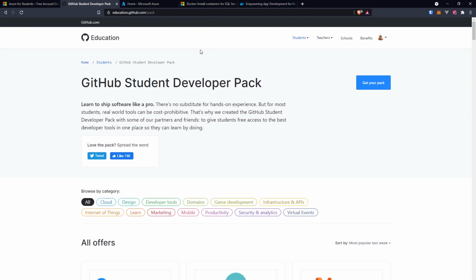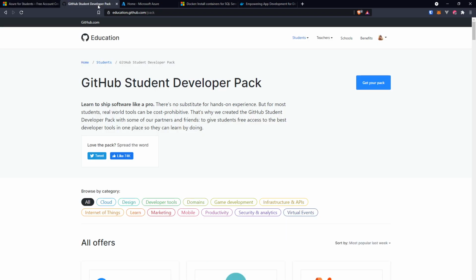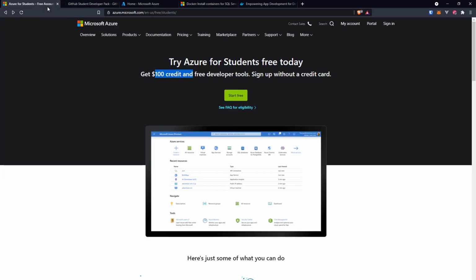If you don't want to go through the trouble of going to education and things like that, well, you can go to Azure directly and try Azure for Students. They give you $100 for developers. I believe it doesn't have everything that GitHub has, I'm not sure about that. Probably it does, but what I see here, I don't see the 25 plus free resources. I just see the $100 credit. So you can actually go through here too, depending on the case. That's pretty much what you needed, right? So after you go through that process,